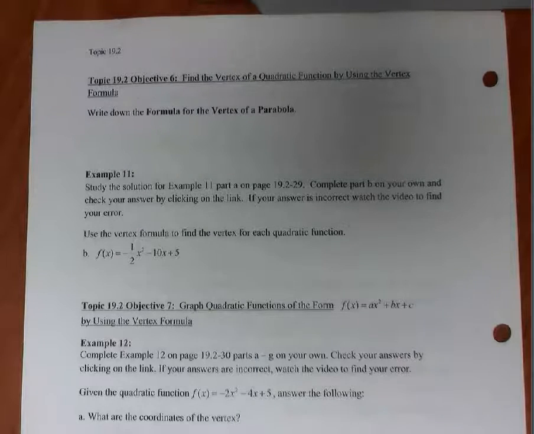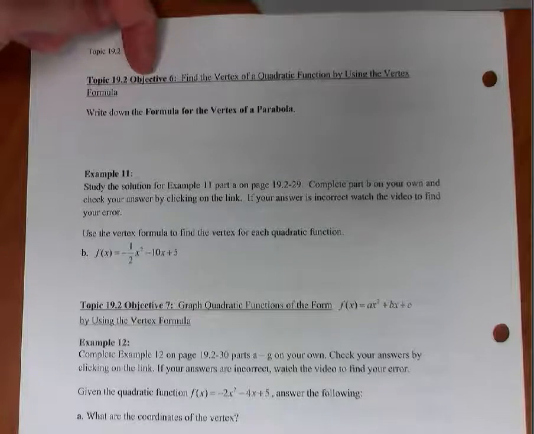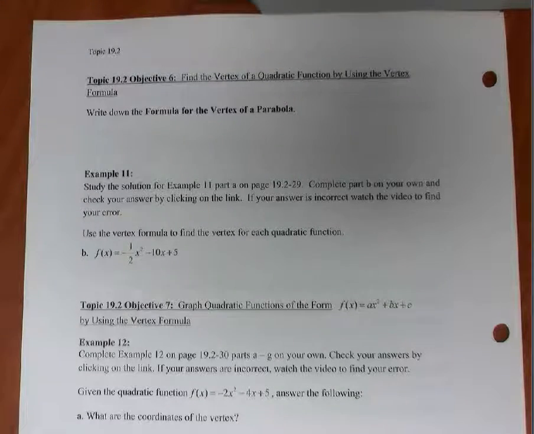We're also not going to cover the section that discusses completing the square. So if you're following along in your guided notebooks, we're going to skip objective 3, objective 4, objective 5, and we're going to pick up on objective 6,